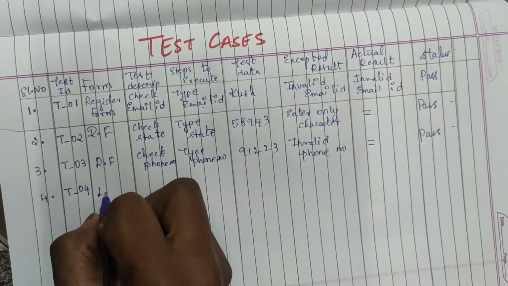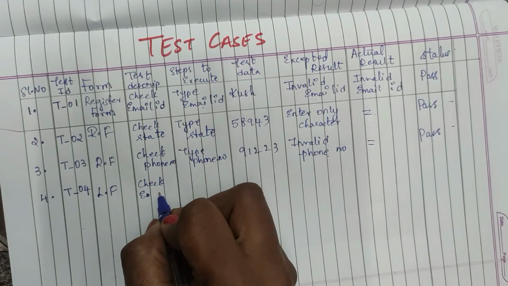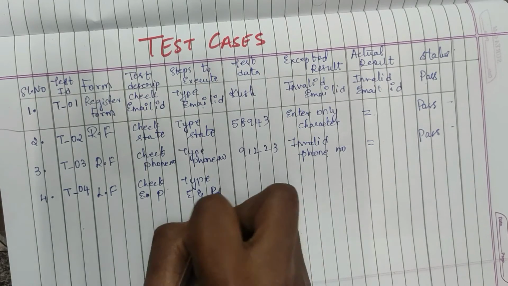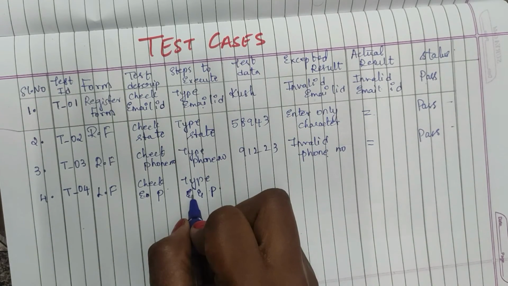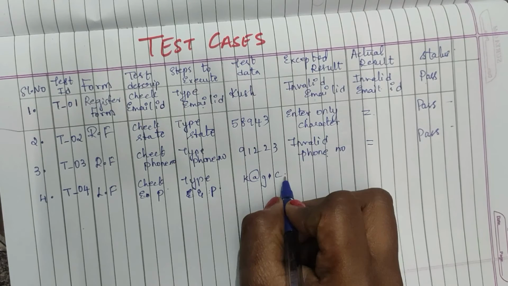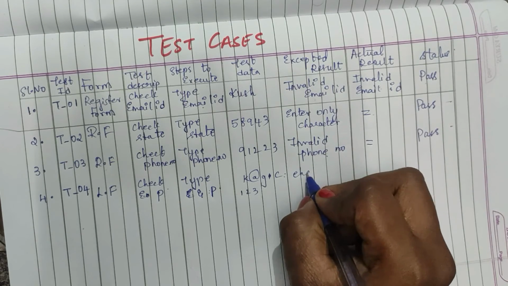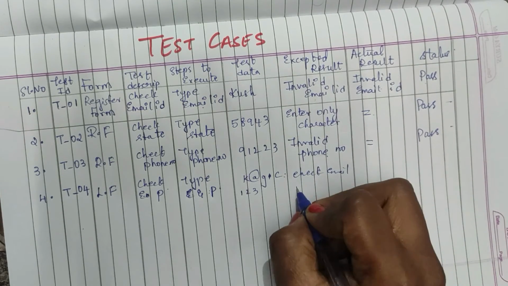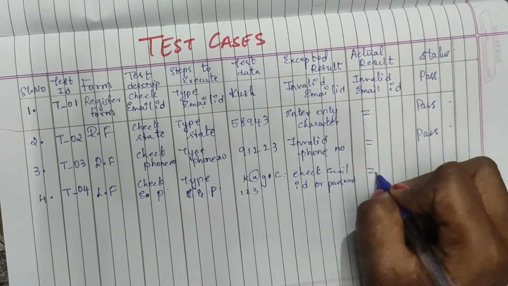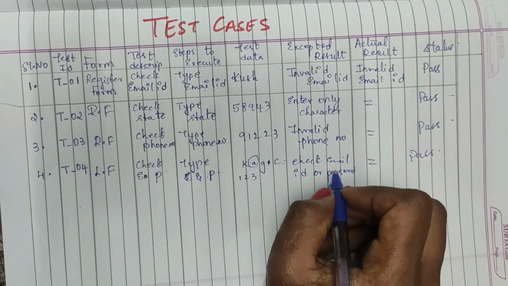Now we'll move on with the login form. In the login form I want to check email ID and password, so I'll just write E and P. I have to type the E and P, but here I will give the email correct and the password wrong. Let us see what it pops up. I have given the email correct, but I am giving the password as wrong. So it will tell you to check email ID or password. It depends on what text you want to pop up. This text will be entered by you when you validate your fields.